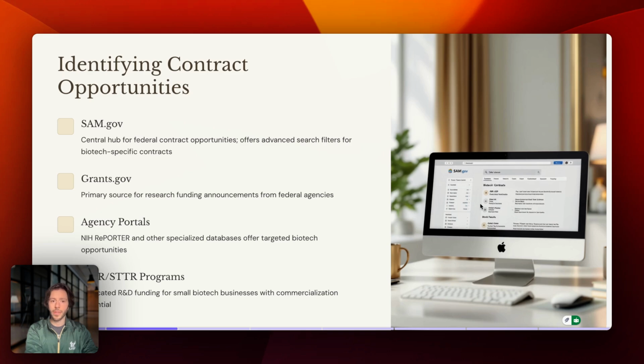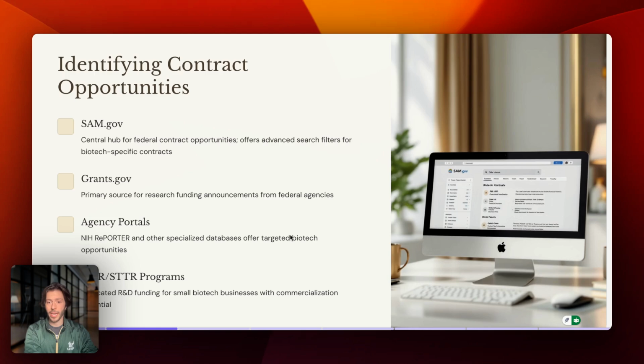Starting with identifying contract opportunities. Obviously, you can use the main website, which is sam.gov. The grants are available on grants.gov, there are the agency portals depending on the agency, and there are also the SBIR and the STTR programs. These are also business funding programs. You would need to navigate through each one of them on their own to find these awards or contracts, but stick to the end of the video to show you how you can find all of these in one